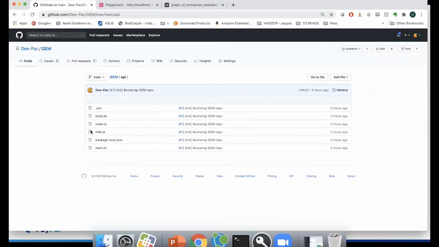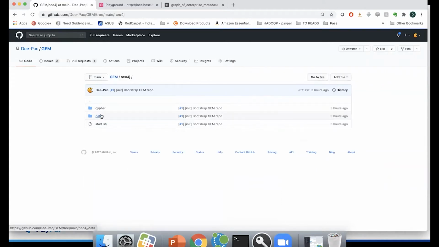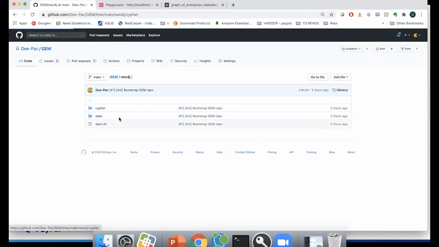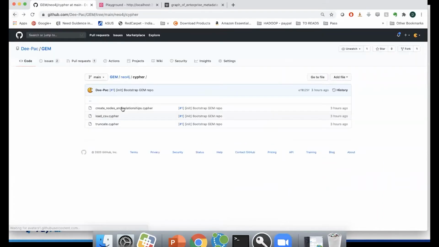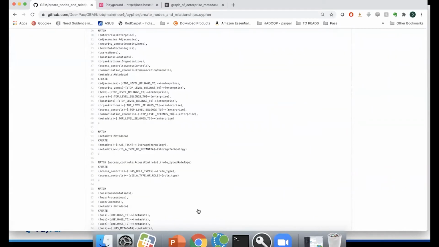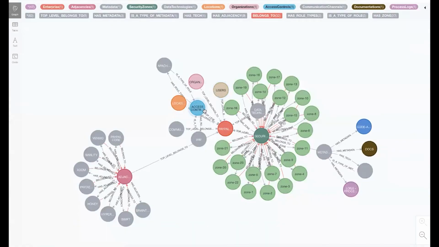The API code base should take you to starting a small node application, and there are data sets which were actually bootstrapped in the form of a graph, and we have a nice set of code base that can help you load the data quickly and also create nodes and relationships once the data is loaded. The end product is this graph of enterprise metadata, which is conceptual, but also represents a true form that would exist in an enterprise.